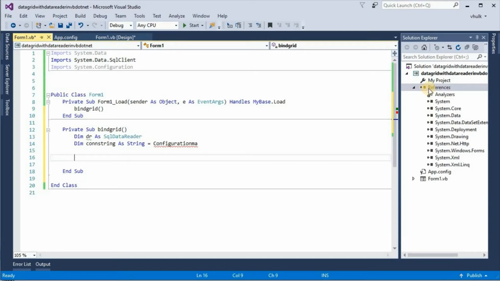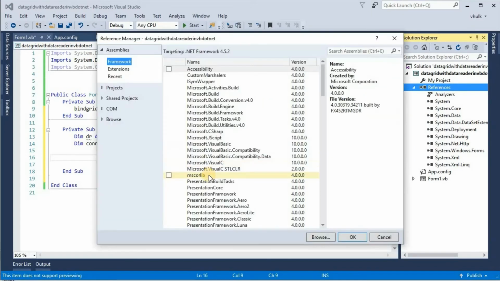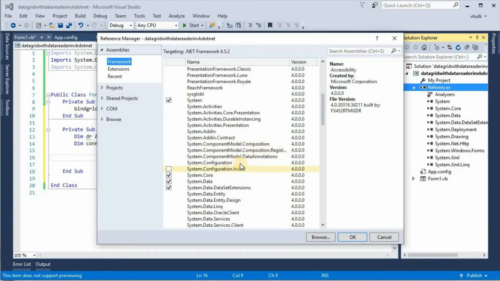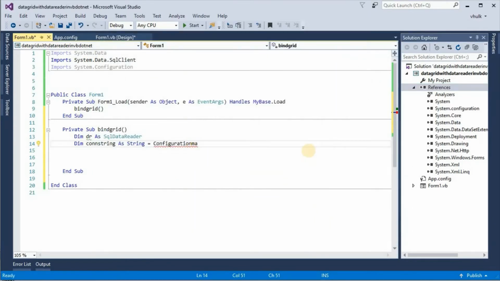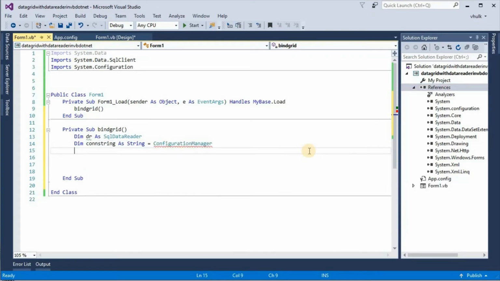select references, right click, add reference, select system.configuration. OK. Now we can able to select configuration manager.